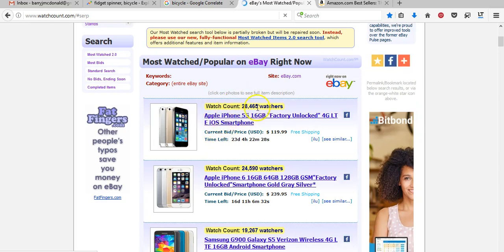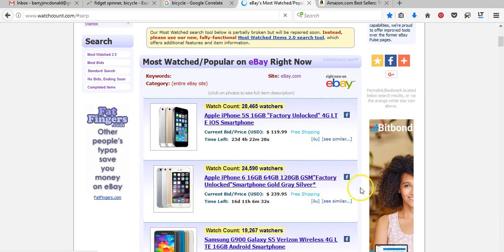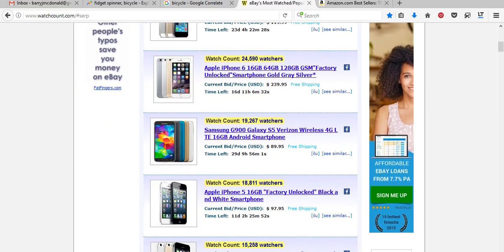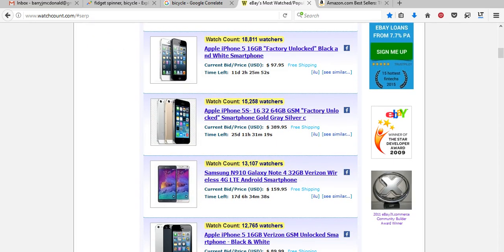So the watch count is how many people are actually watching auctions in the eBay store. And then it'll give you an idea of what the prices are like as well. So for example, if you're writing articles for somebody that was going to be selling Amazon products or eBay products, rather than writing articles for a low cost product like a fidget spinner, it's better to go for a high priced item, because there'll be a larger commission. So for example, if that was sold on eBay, you might get 10% of that, maybe $15 for every one that was bought.